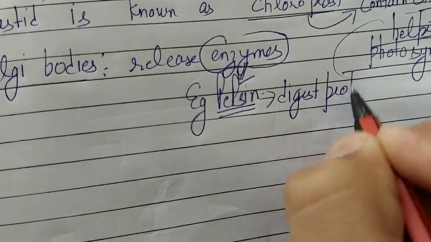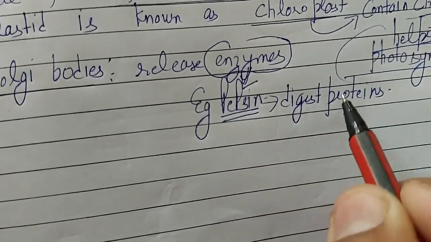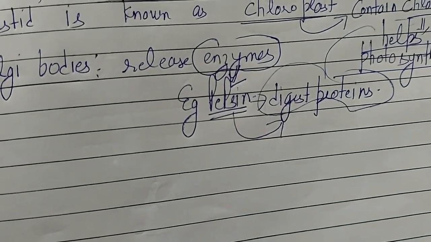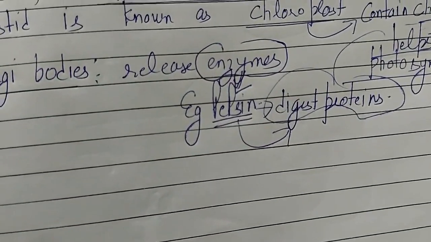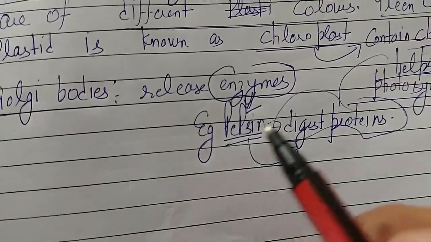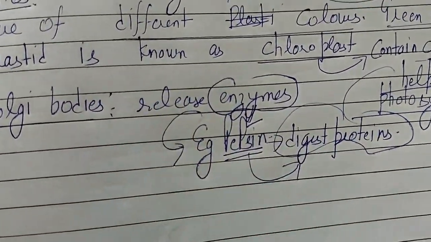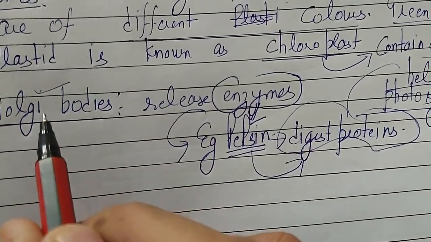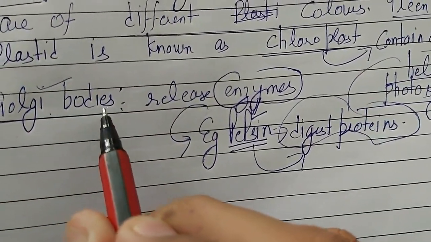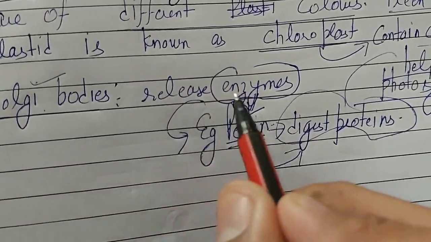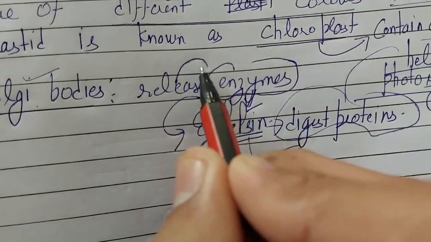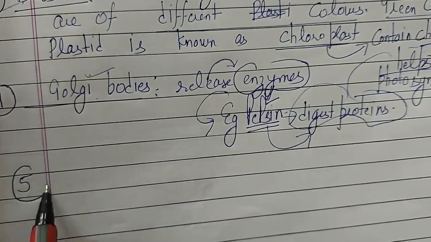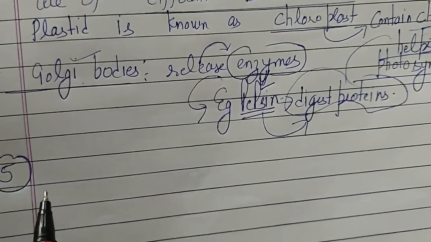So what are these? These are compounds. Enzymes are compounds which help in the digestion process. I'm not saying they always help in digestion. They help in so many functions, but I'm giving you an illustration. What is the concept of this enzyme? So Golgi body is an organelle. It is present both in plant cells and in animal cells, and the main function of Golgi body is to release enzymes. So now we are moving on to the fifth organelle, whose name is ER,